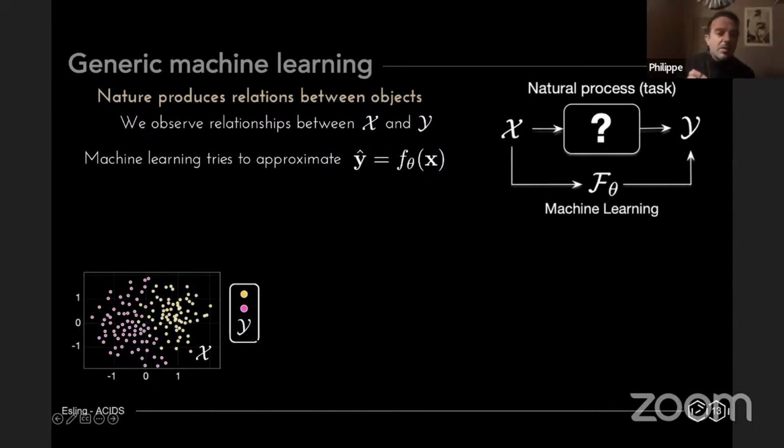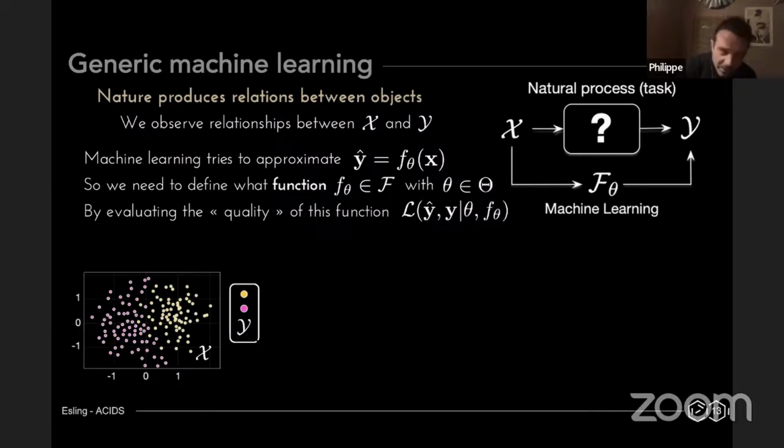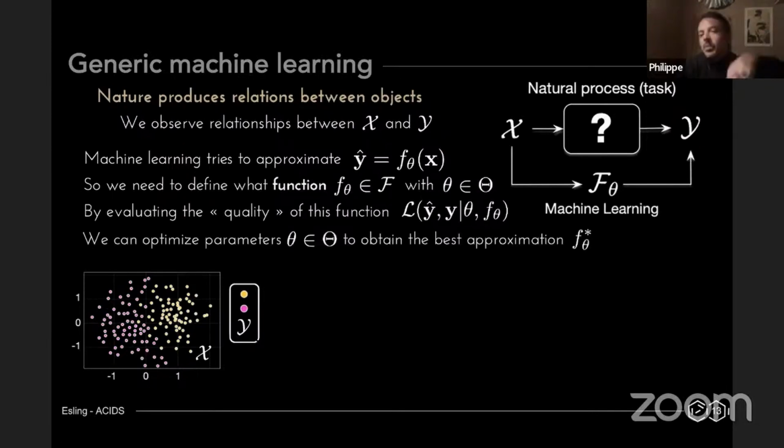And basically, we're trying to find a way to know, okay, next point is going to be what? So we do this approximation where we find a function, and depending on the function and its parameters, we need a way to evaluate the quality, and then we tune the parameters to find the best approximation of the function. So we are trying to change the behavior of the function. So actually, everything boils down to what function do we use?